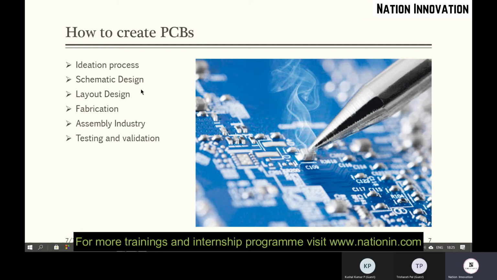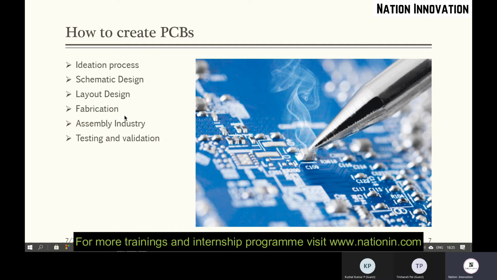Then we have a schematic design here. Schematic design is nothing but whatever circuit you have designed on paper, that same design is going to be designed in whatever software we are using. In our case, this is the EasyEDA tool. We are going to use the EasyEDA tool, which provides schematic as well as layout designs. So you can design the schematic there, and converting that schematic into a layout is allowed there. Layout is nothing but routing the components by using your copper tracks.